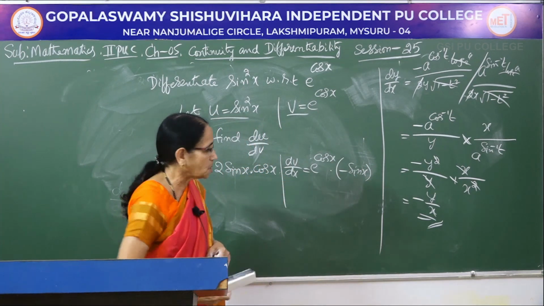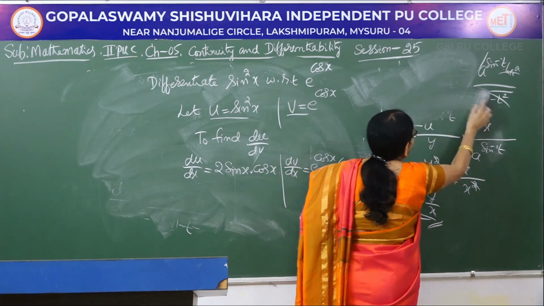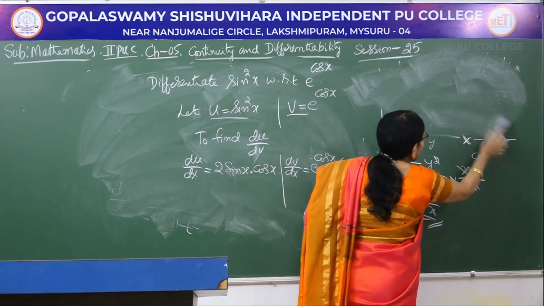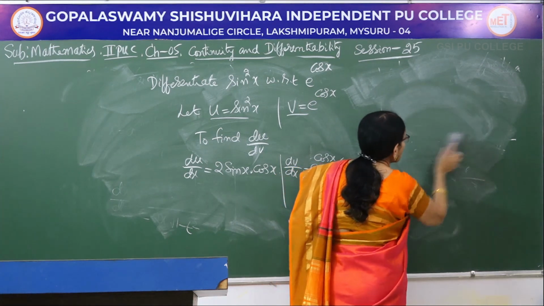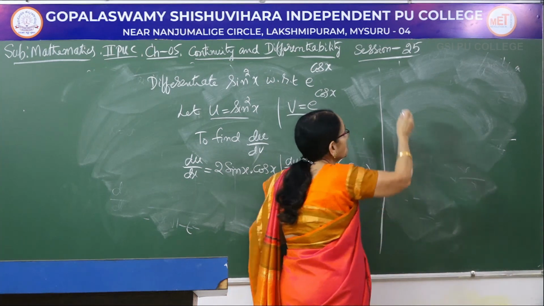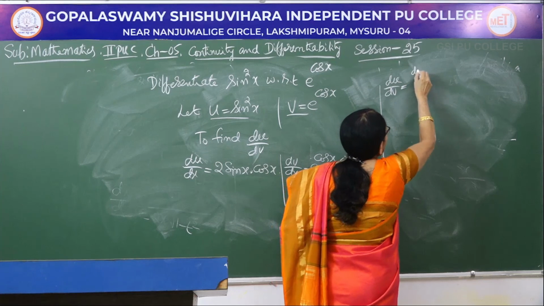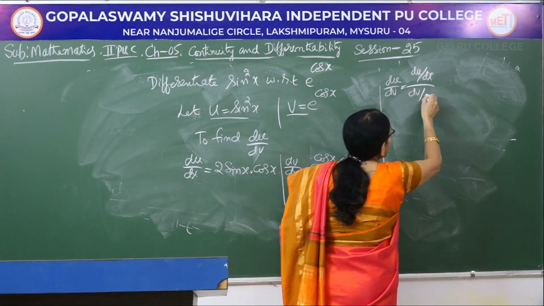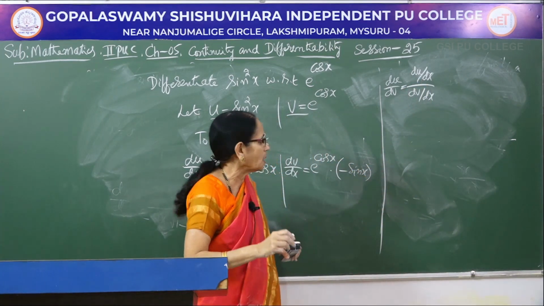So, we have differentiated both u and v, of course, which were not given to us in the problem in that particular form. It was given in the form of a statement or a sentence. So, we have assumed the two functions to be u and v, and to find du by dv, it is like this: du by dx divided by dv by dx. Be careful in which position you are writing the value.